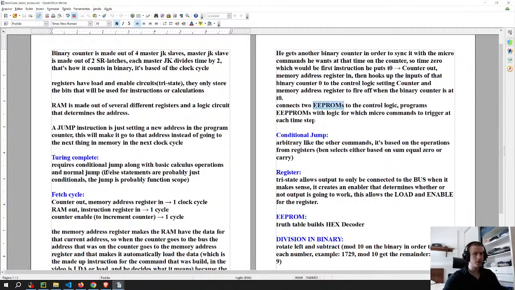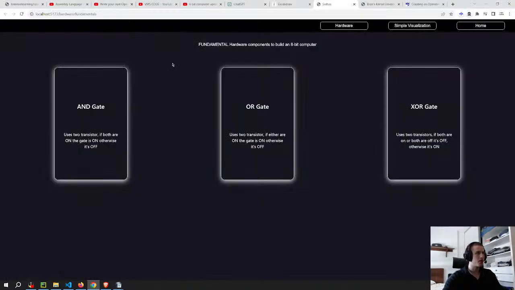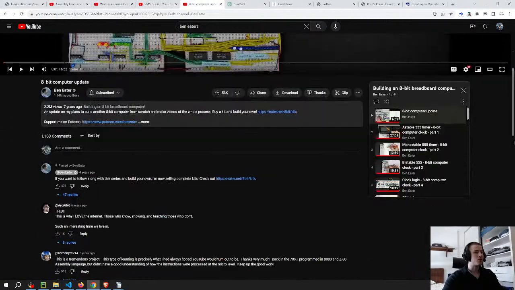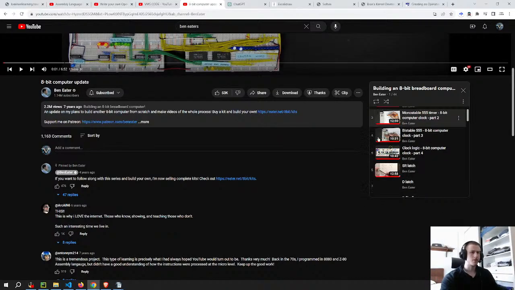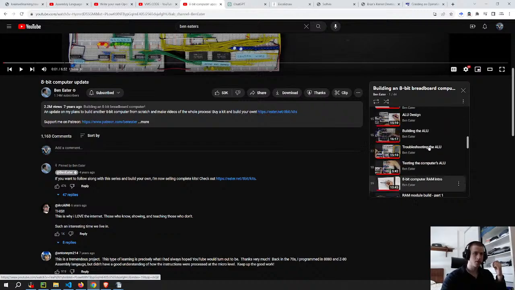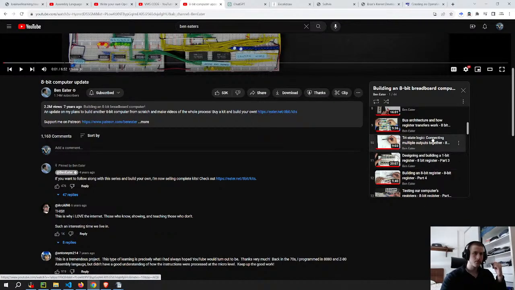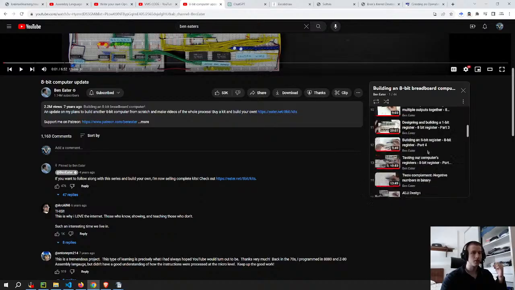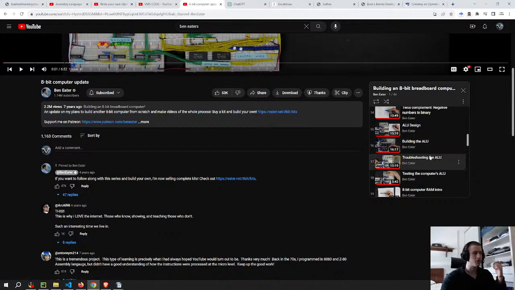So this is another part that it's not that it was hard to understand, it's just that there's so much stuff here and there was so much other stuff to learn. So this is what makes it hard in the beginning. But now, this is this part here. So first he talks about the ALU. He builds everything from the ground up: he explains the gates first, the clock, then talks about the ALU, the register,